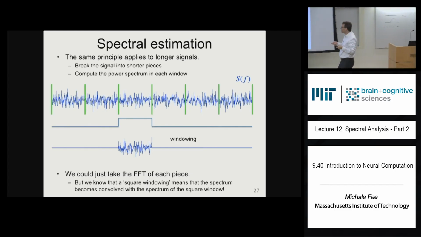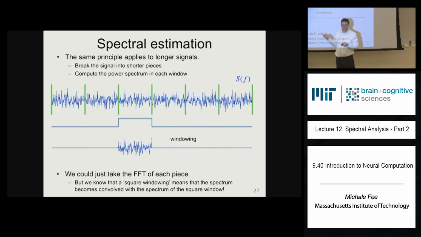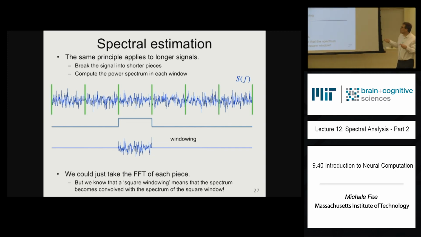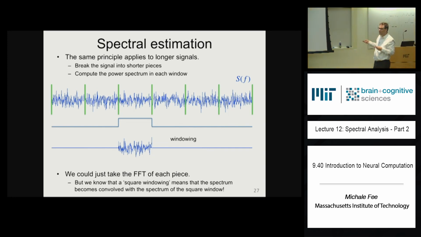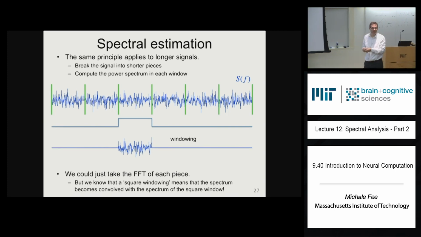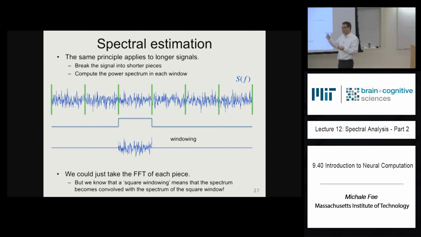We're convolving the spectrum of this signal with a sinc function. And the sinc function is really ugly, right? It's got lots of wiggles. And so it turns out this process of windowing a piece of data with this square pulse actually does really horrible things to our spectral estimate. Okay? And we're going to spend a lot of time in the next lecture